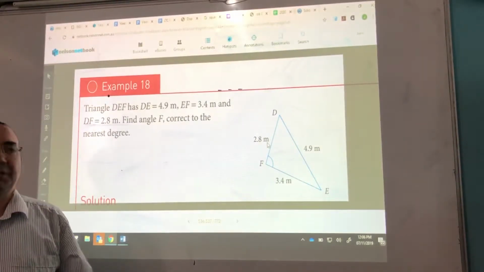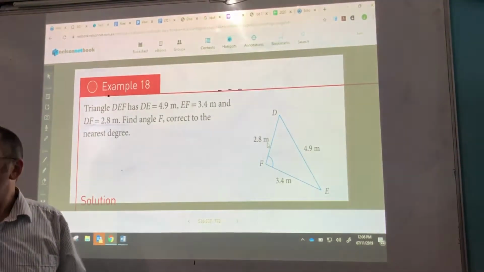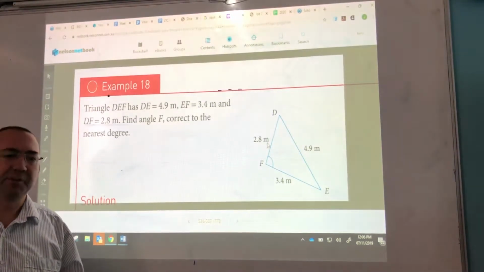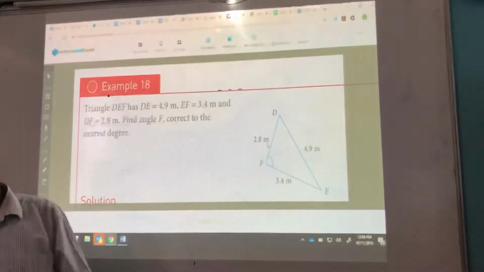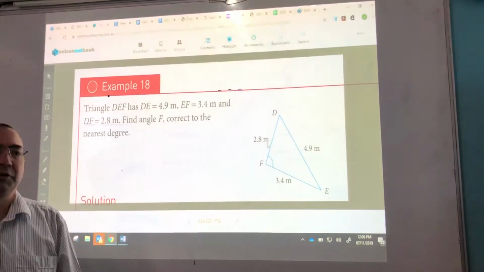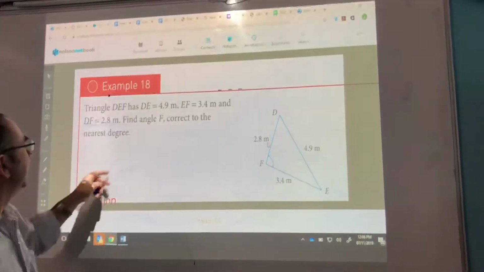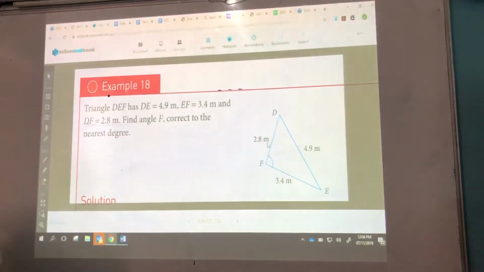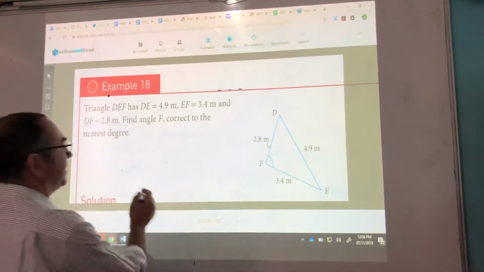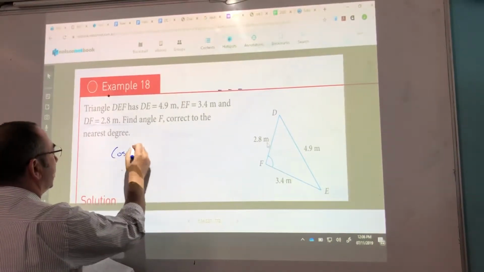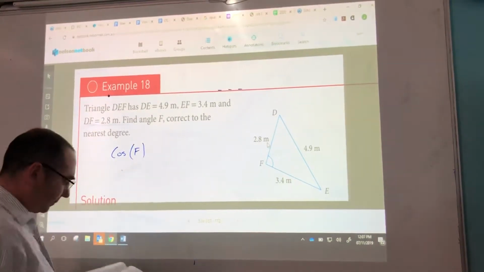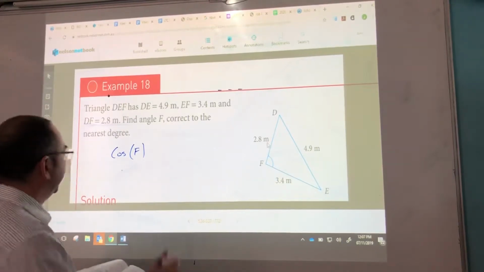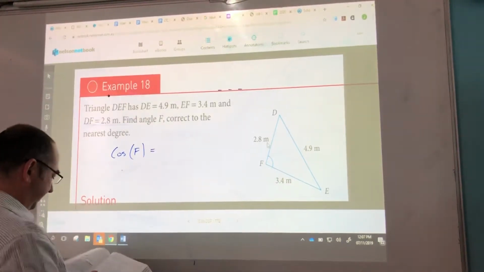We've got 3 sides. We know we're using the cosine rule. You want to save yourself some algebra, so you know you're going to use that version of the cosine rule that looks like a fraction. We need to find angle F. The good news in translating this formula is you can start by writing cos F. Okay, cos F is going to be equal to